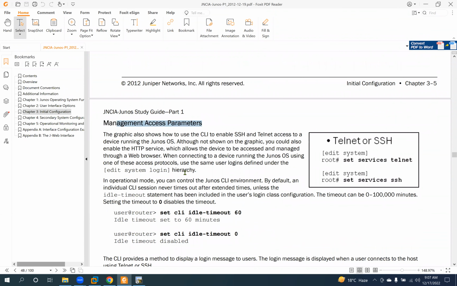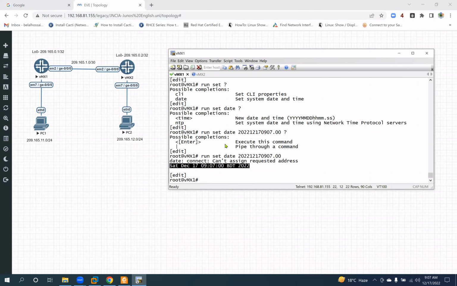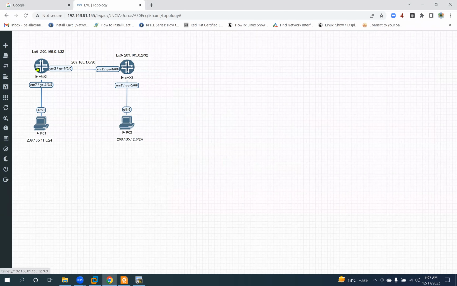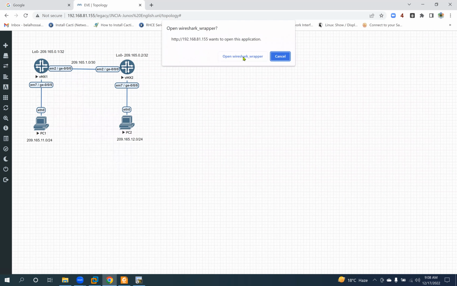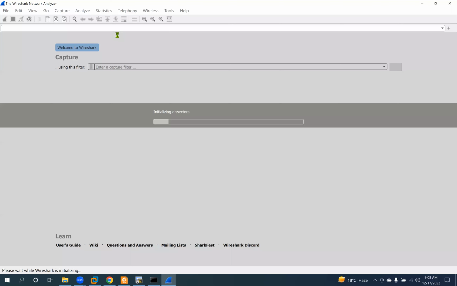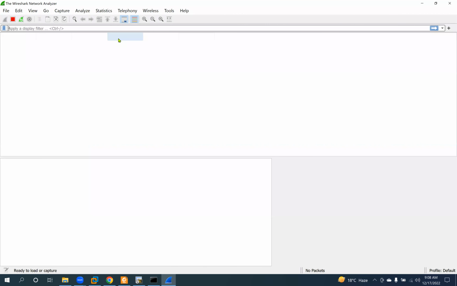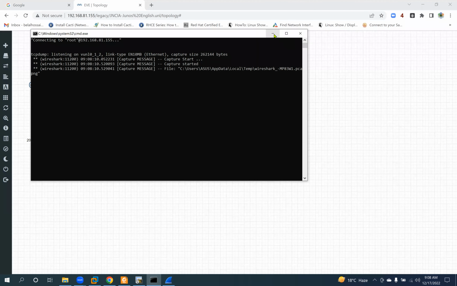Management access parameters means when you use Telnet or SSH. For this, I can take a Wireshark capture or visualize the activities. Okay, so